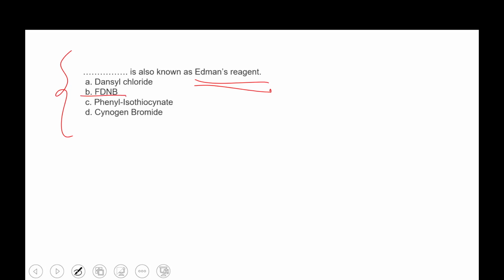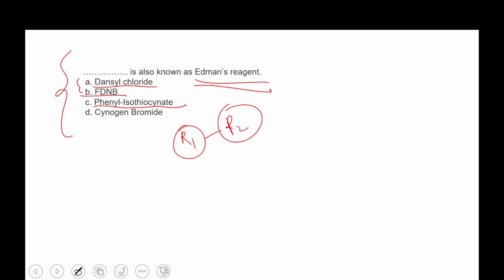1-fluoro-2,4-dinitrobenzene, FDNB, and dansyl chloride, they both are not Edman's reagent, but they come under the Sanger's reagent category. That uses N-terminal analysis to find out which amino acid is present at the N-terminal. But for the proper sequencing of each and every amino acid, we generally use this phenyl isothiocyanate. Okay, so here also, suppose you have a chain of